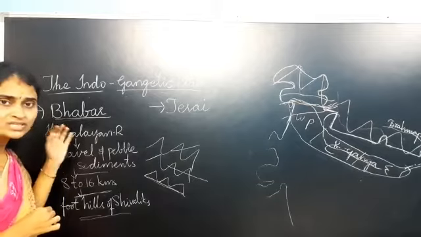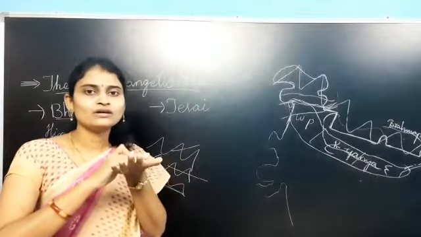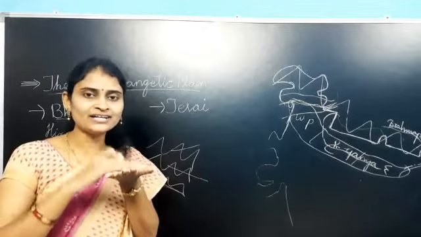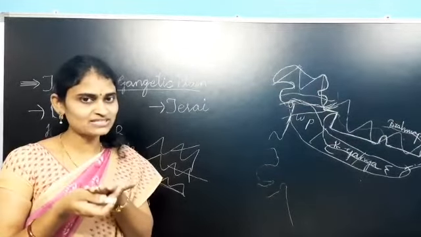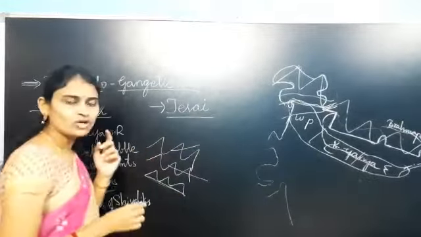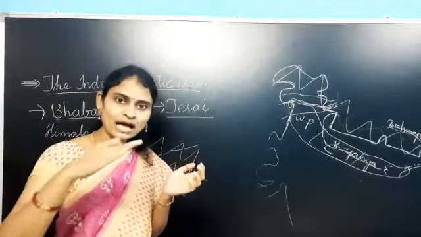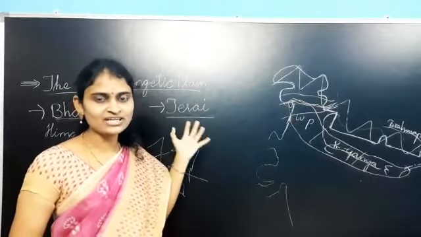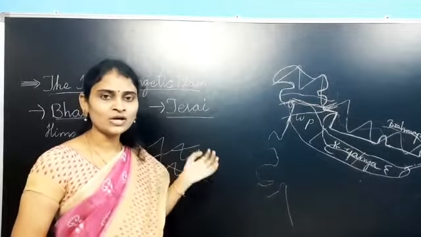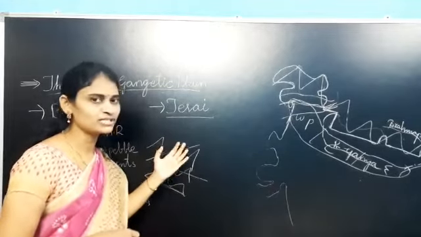Here, Babur is porous in nature. That means here water, that means streams and the small rivers flow underground. Then the water disappears. Again, the water reappears. That means these streams and small rivers reappear, and the region is swampy and marshy. That is known as Terai. Now I will show you an activity. Before that, children, I will tell you some more points about this.